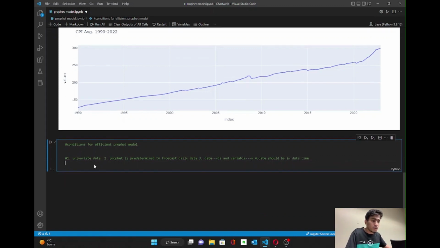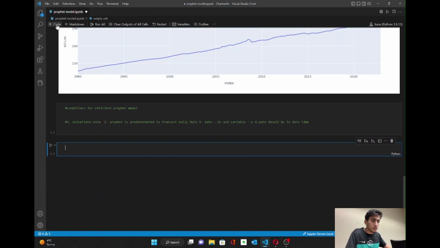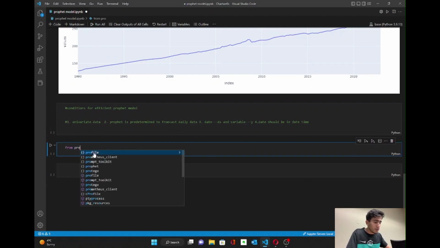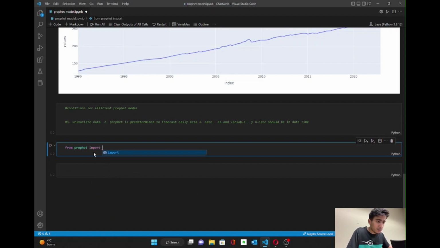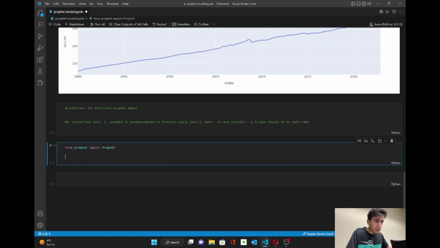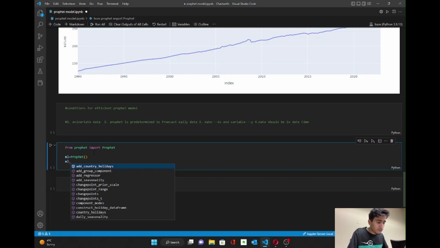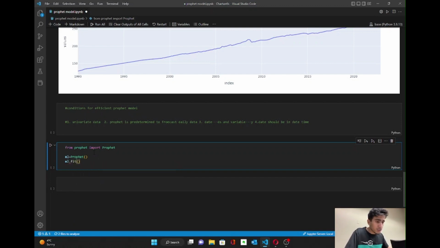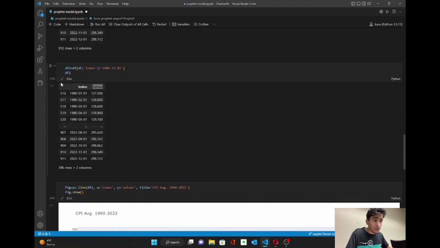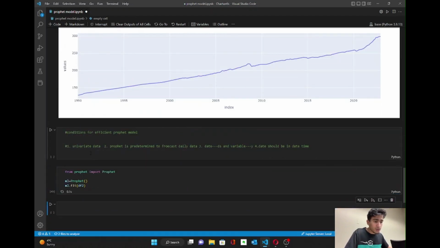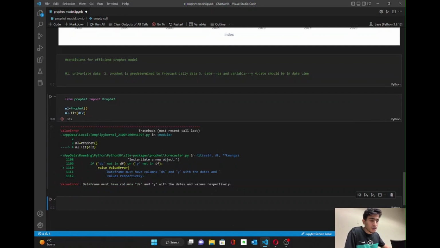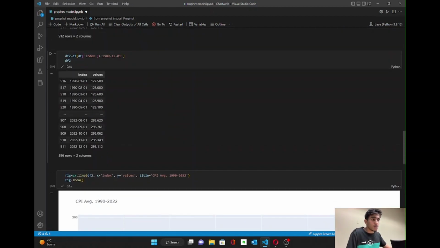All right, so now let's bring the Prophet model into our environment. Import Prophet. Training the model is pretty simple. It's just going to take three lines. That's the best part about this particular Facebook Prophet model. So now let me just fit in the data frame which I haven't changed the column names of, just to show you what the error will be. As you could see, the error says the data frame must have columns ds and y with the dates and values respectively. So without changing the column names, you can't